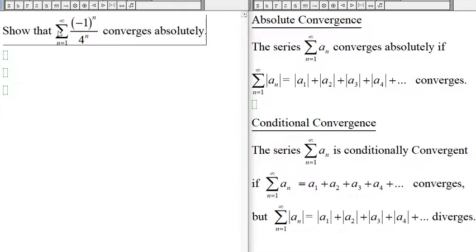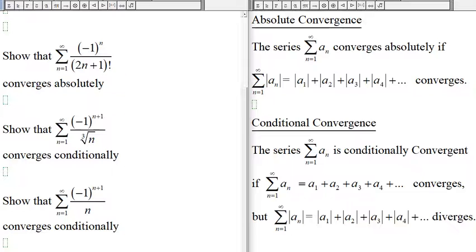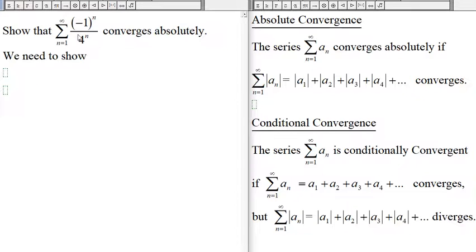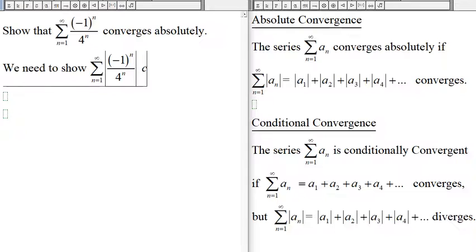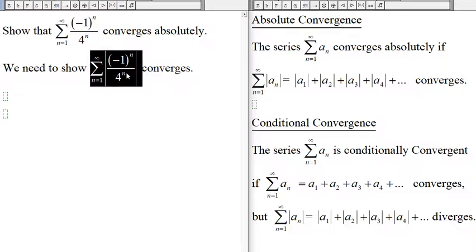And so we have to show, we need to show that if we put absolute value around that and this still converges. Now the only difference between this and this is the negative 1, but once we put the absolute value around